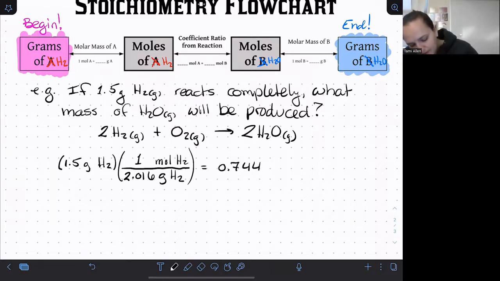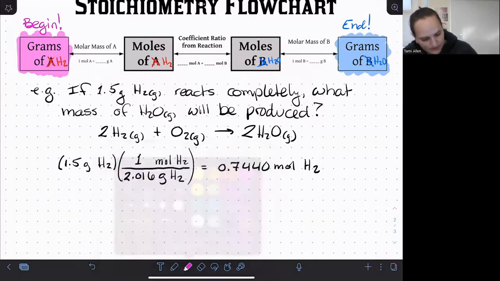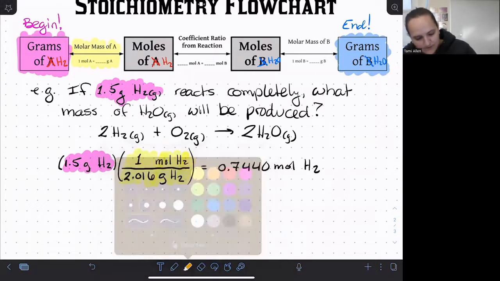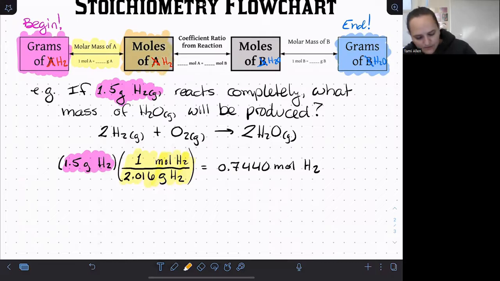And we get 0.7440 moles of H2. So we started out with a mass of H2. We used our molar mass of H2 to convert that into moles of H2. Now we can take moles of H2,